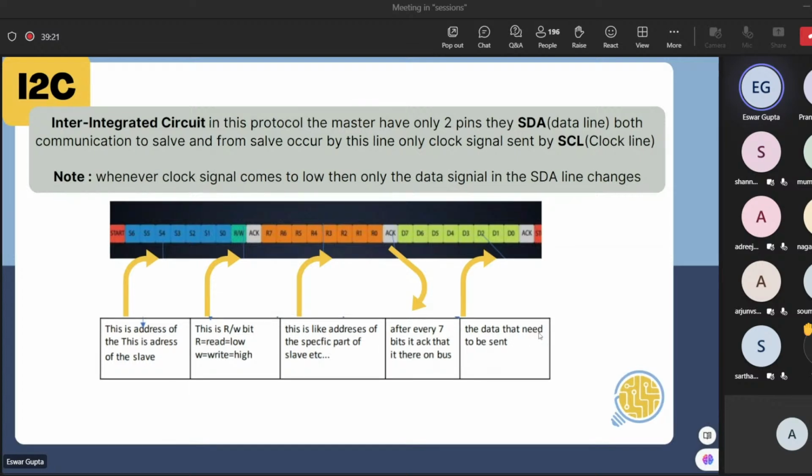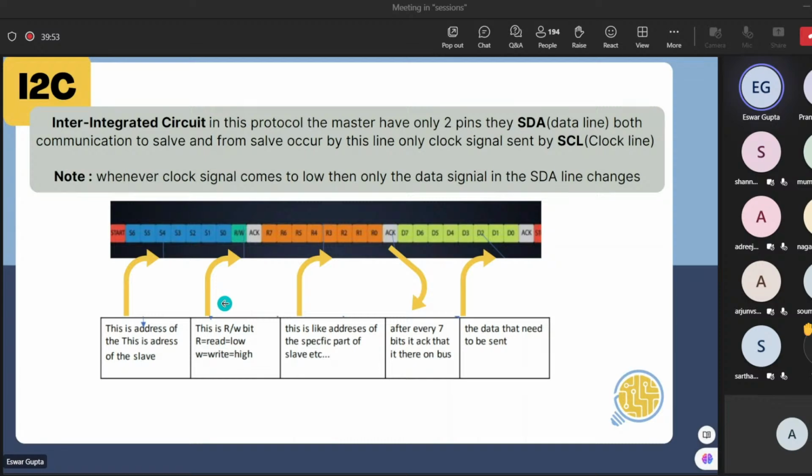Suppose the master wants to communicate with a slave. Think about the same scenario that I had said before. There is a master and there is one microphone on the stage. Another microphone is with the audience. There are 3 sets of audience, and team A has one microphone, team B has one microphone, team C has one microphone. Suppose the master, that is a microcontroller, wants to activate the microphone on the stage, then it will send the address of the microphone on the stage.